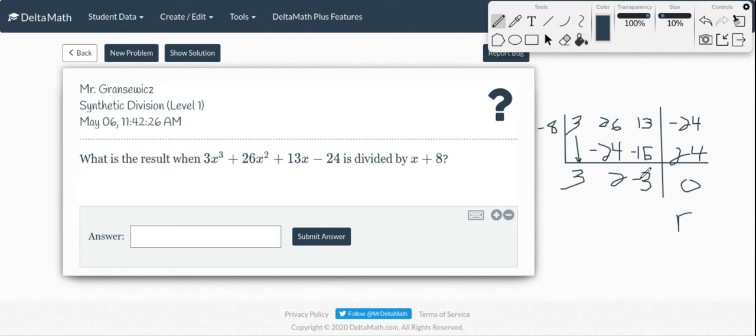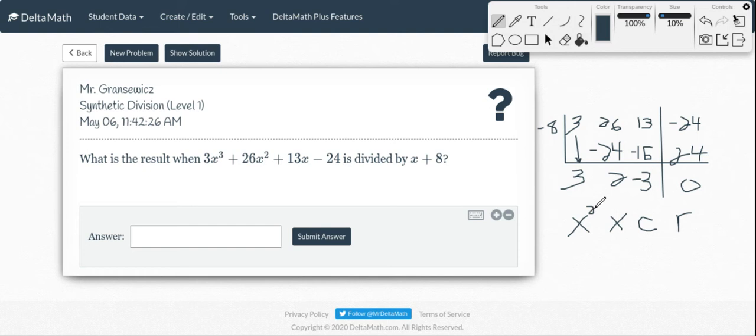And what that means is this is our answer right here, and this is the constant term. Okay, so just like here, this is the constant. Well, this will be the constant in our new answer here. This is going to be your x term, and this is your x squared term in this case, right? We know that